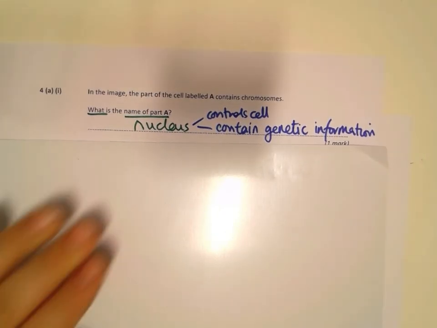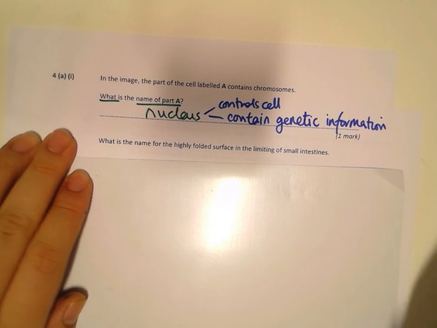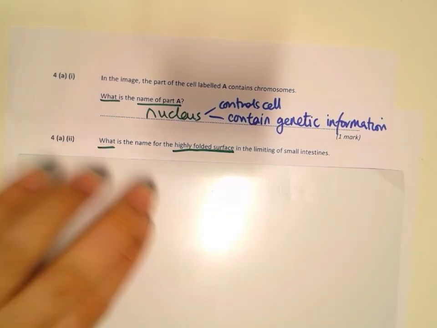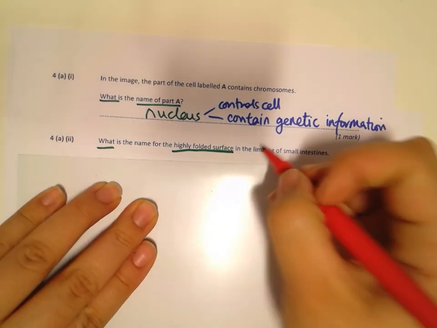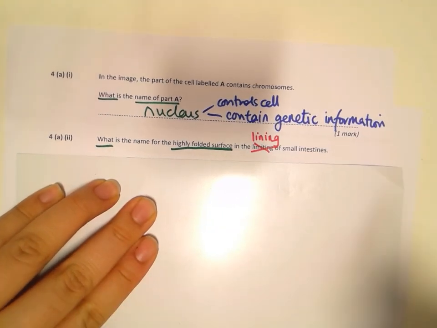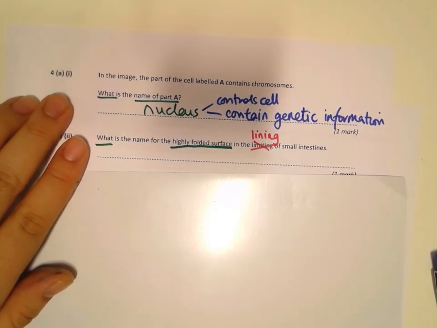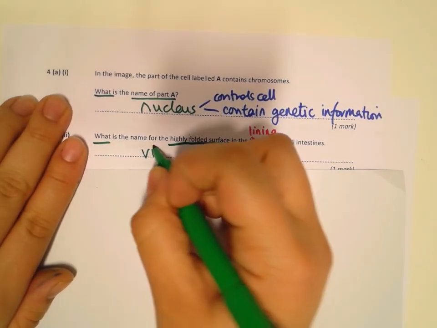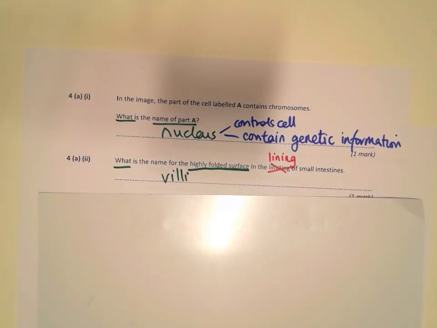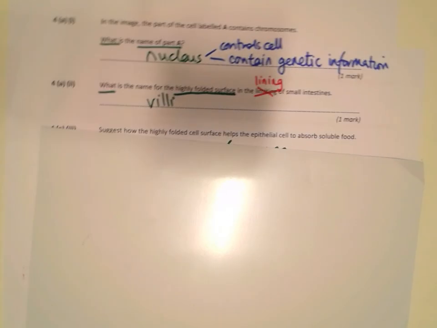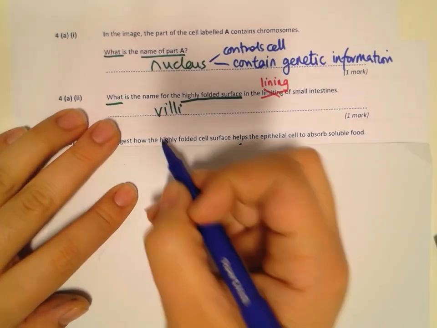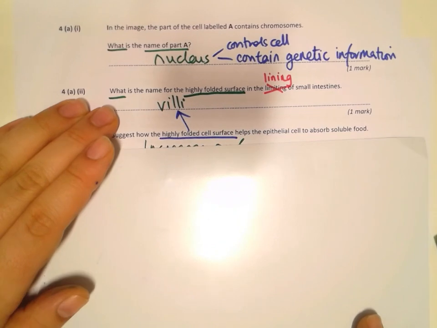Then, secondly, what is the name for the highly folded surface in the, and this is actually a mistake here, it should say in the lining, not limiting, the lining of the small intestines. Well, the whole highly folded surface is villi. And finally, we have suggest how the highly folded cell surface, in other words, the villi, helps the epithelial cell